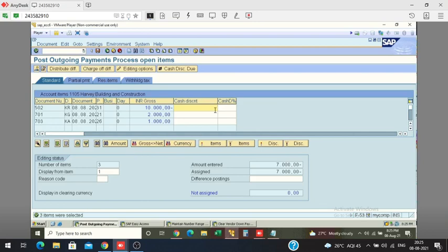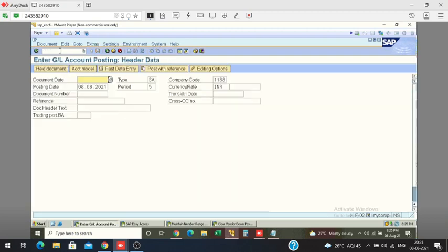Now if I post it, it will clear all the line items, but I don't want to do this because I want to show you another T-code to clear your vendor account. So I'm posting through F-02 one payment entry, document type KZ.